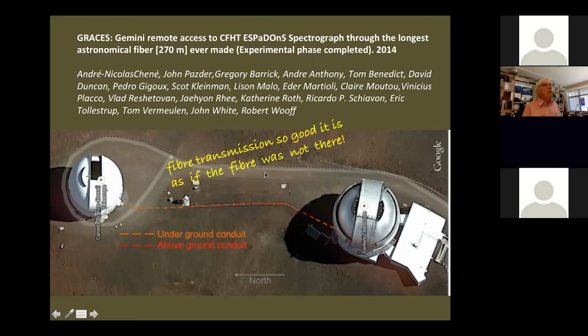Well, this looked good, but we were a little worried, or I was worried, by the fact that we'd had to use just a single interstellar line to get the whole thing lined up. And so GRACES had come online, that is the fiber optic link between Gemini North and ESPaDONs in the CFHT dome. And it's a quite remarkable instrument